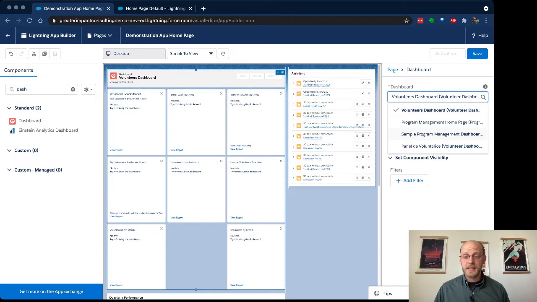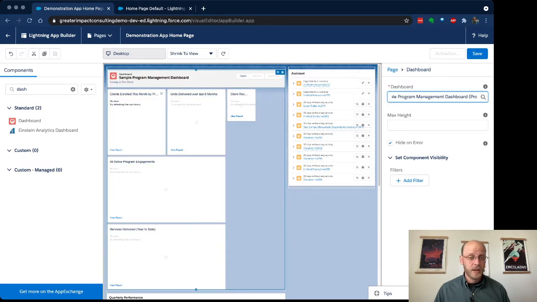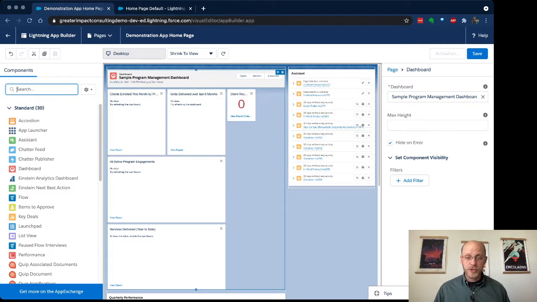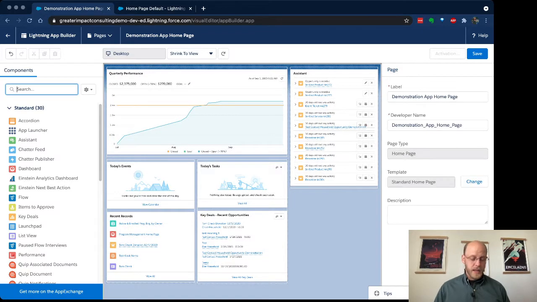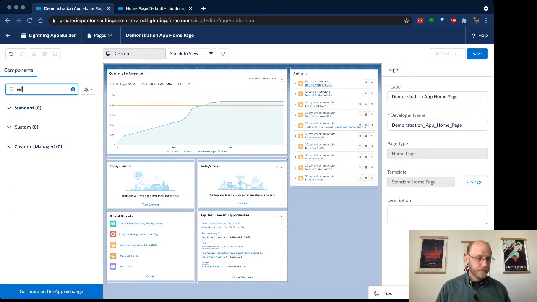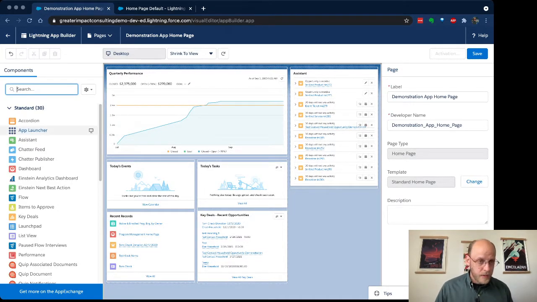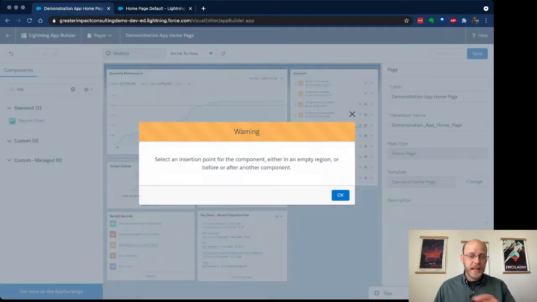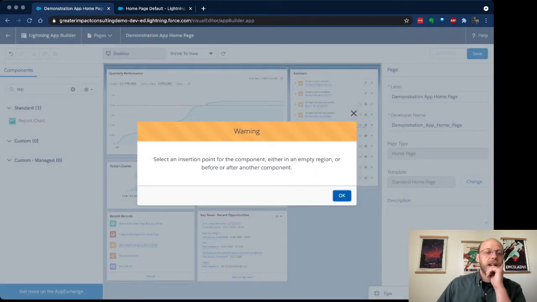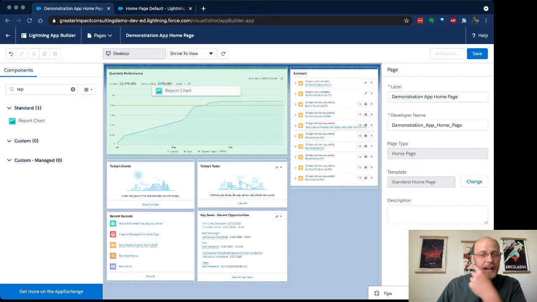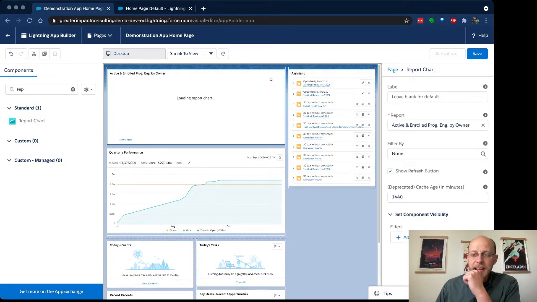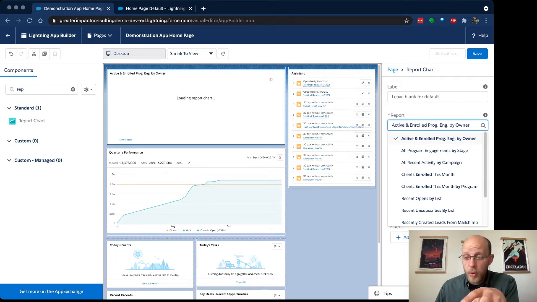There's not many in this development org that I'm running here, but any dashboard that is built, I can add from here. I can also go ahead and trash that because I don't want it. I can also add a report chart, which is what that quarterly performance report chart is. I can go in, I can add that, and then I can look at what are the reports I have